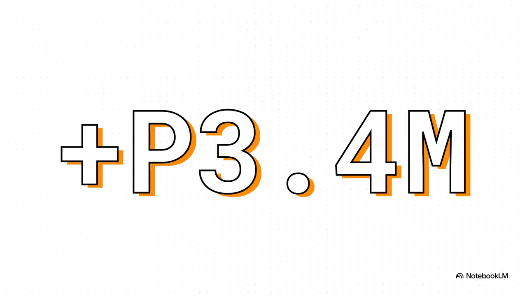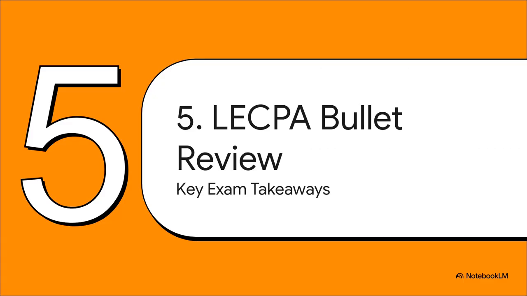So what's the big takeaway? An accounting reorganization, because of those fair value adjustments, can actually change the total amount of shareholders' equity. And by how much? Exactly by the net amount of the adjustments. In our case, that was 3.4 million pesos. I guarantee you this is a classic exam question. They love to ask this. All right, let's bring it all home.